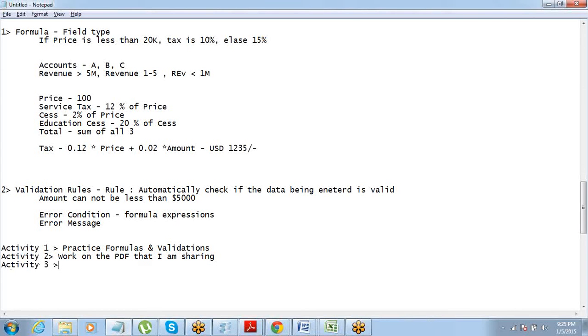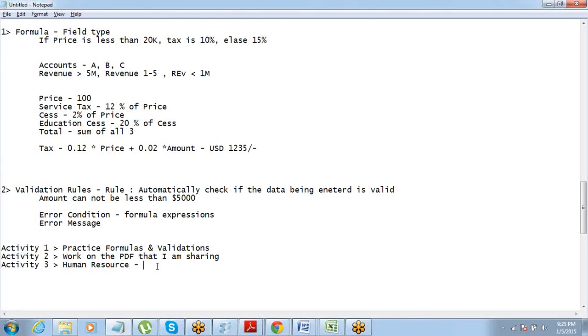I am also going to give you one more assignment today. We were working on the human resource app, right? So it is time for you to figure out some scope of using formulas and validations on your human resource app. You should come up with where we can put a formula or what kind of validation rule can be put on that HR app that you were designing.